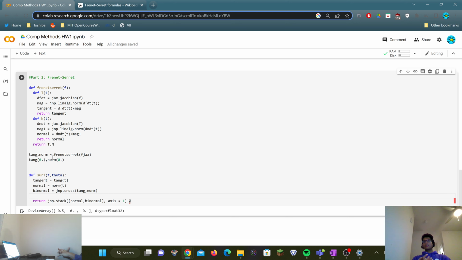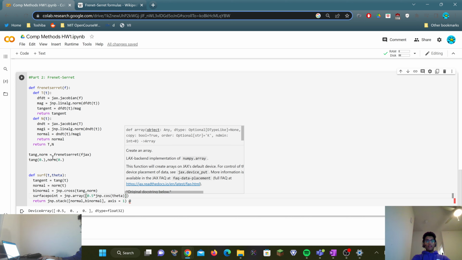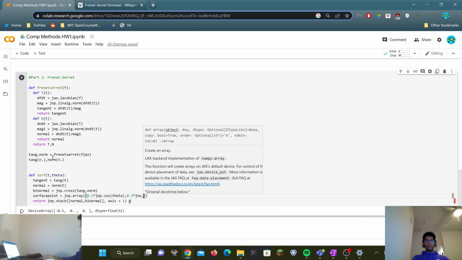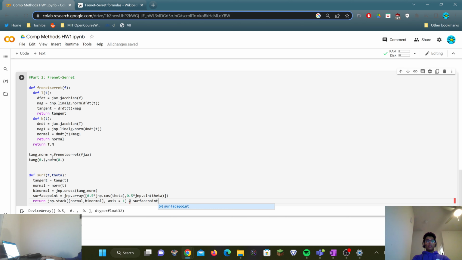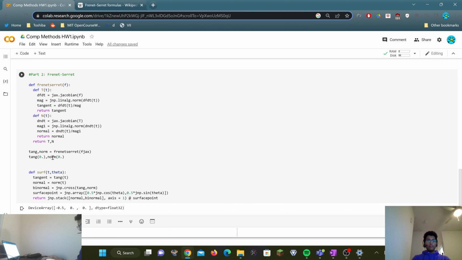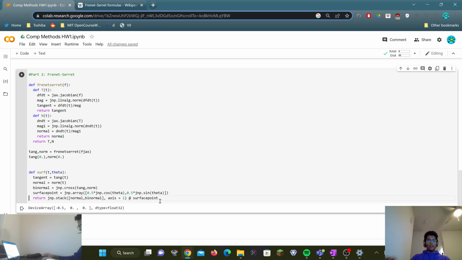If you imagine the curve of our surface points, it's not going to be cosine t, it's going to be cosine theta. So our surface point is going to be an array: 0.5 times jnp.cosine of theta and 0.5 times jnp.sine of theta, and then we apply it to the surface point. This just means we're multiplying the matrices together. So now if I print surf of 0, 0,